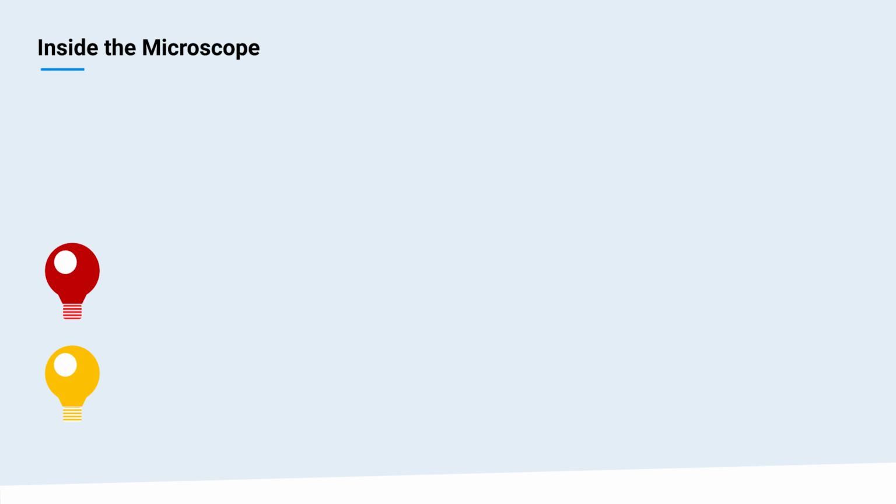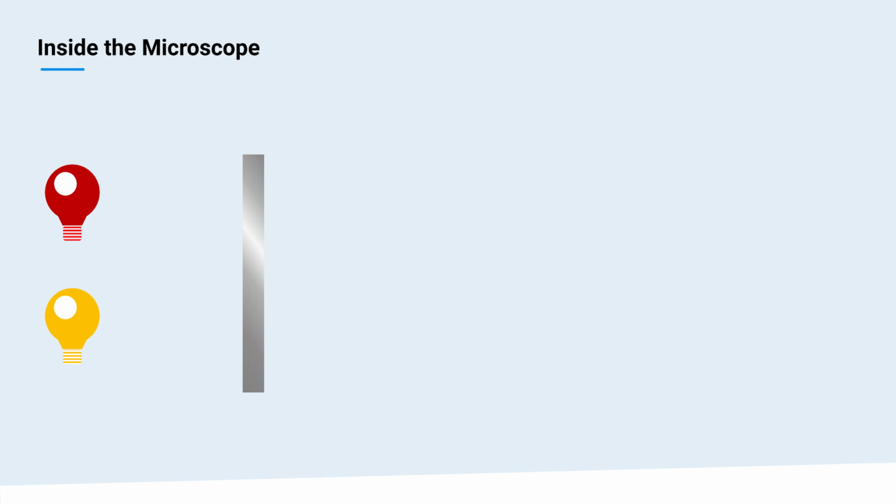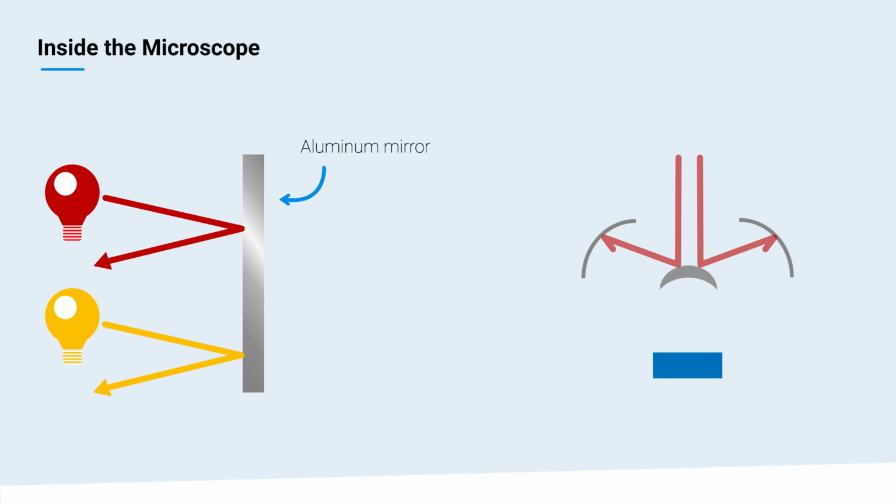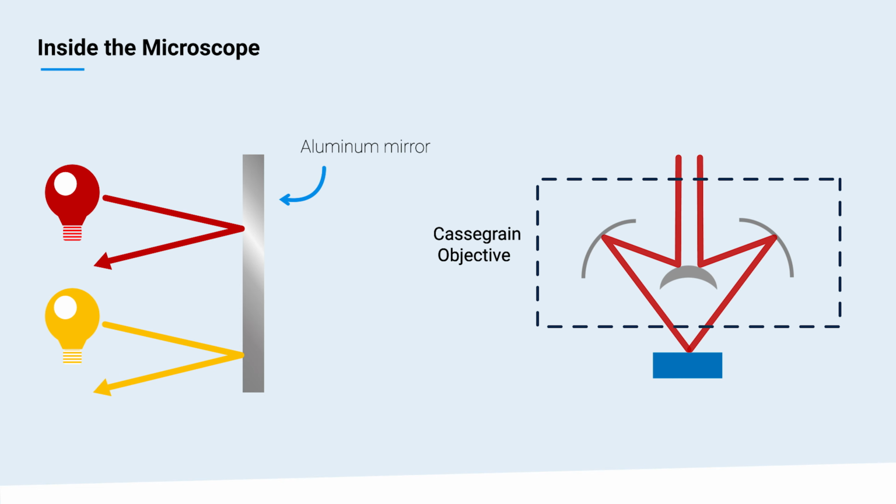For all these reasons, the most common approach is to use a series of mirrors made out of a metal with high reflectivity for IR light, like aluminum or gold. By using mirrors, we can easily direct both the IR light and visible light around the microscope. We can even make the microscope objective out of these metal mirrors to focus the light on the sample. These special objectives are called Cassegrain objectives.